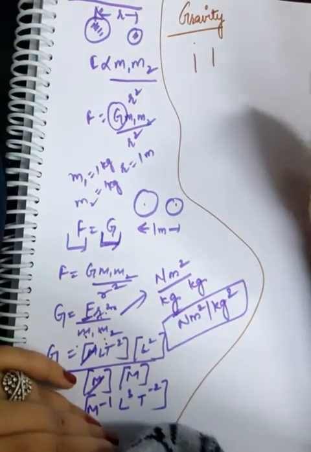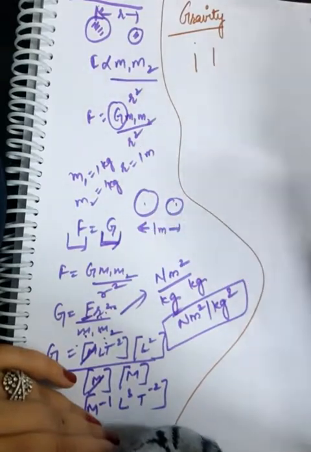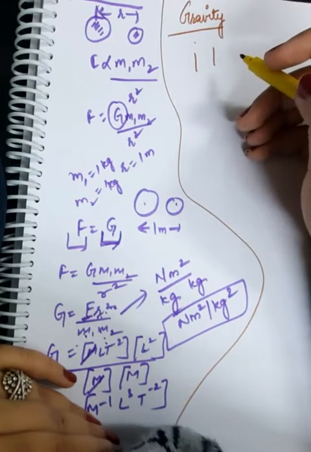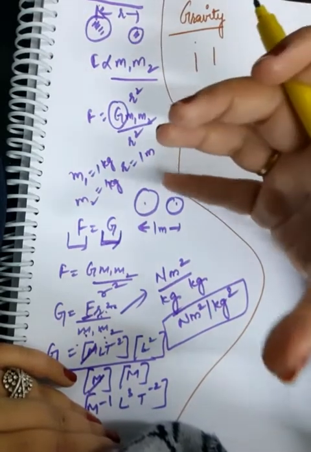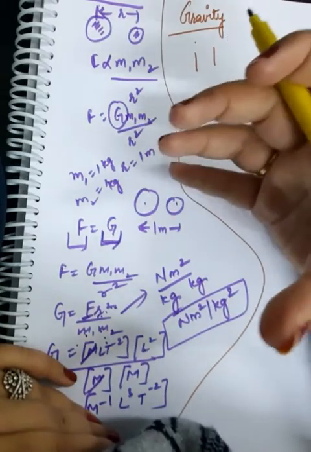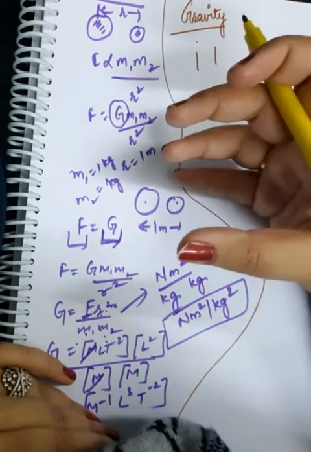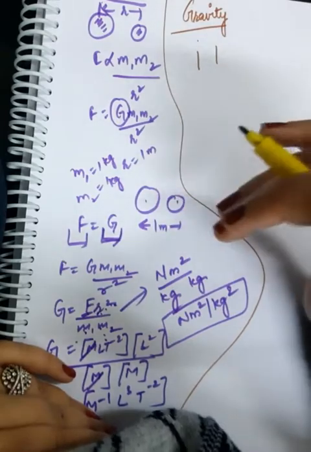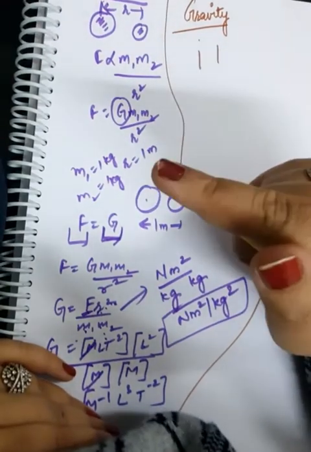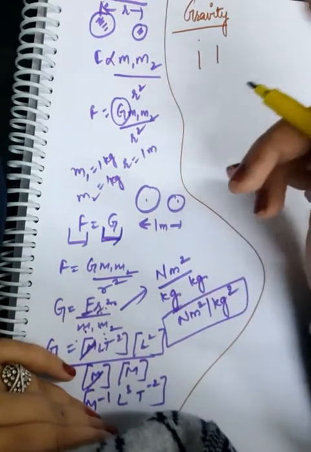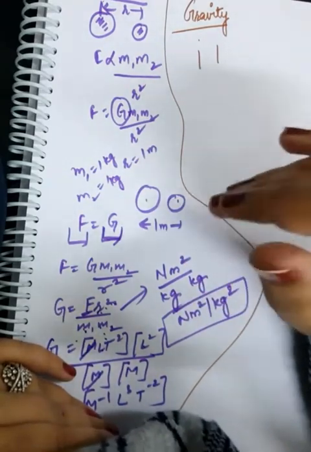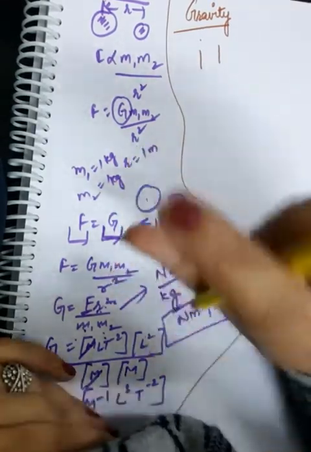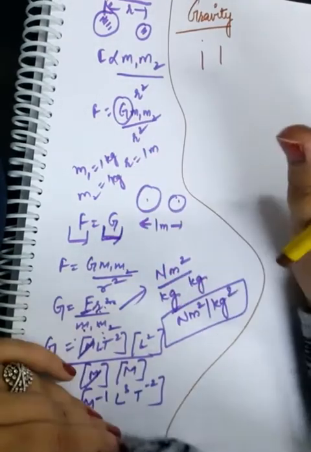But when you talk about gravity, it is of a certain planet. If I talk about the gravity of Earth, that means with which force one particular object is bound to the Earth's surface. When I throw a ball, I know it has to come down and strike the surface of Earth. So this means that the ball is facing some force due to Earth, right? This is gravity. Gravity means with what force one object is bound with the surface of Earth.